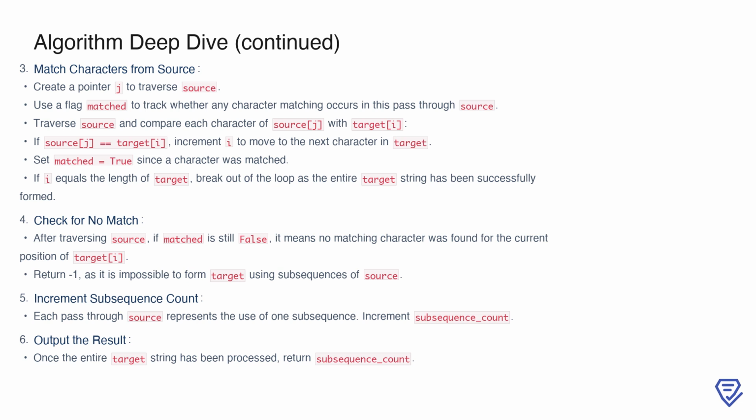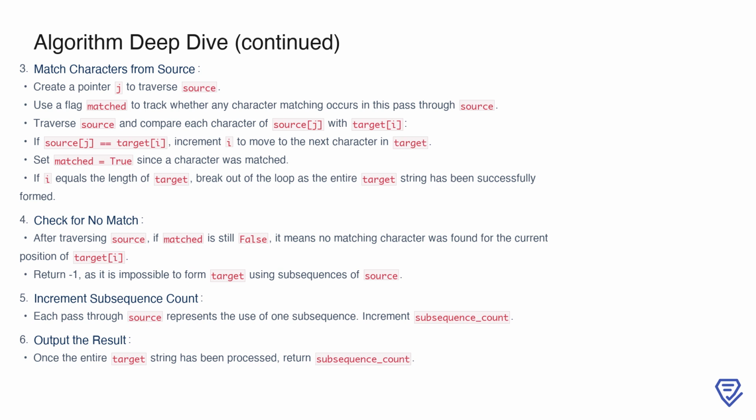Now, for each pass through source, we use a pointer j to traverse its characters and compare them with the current character in target pointed to by i. A flag called matched helps us track whether any character from source aligns with target during this pass. If we find a match, we increment the i pointer to move to the next character in target and set matched to true. If i reaches the end of target, it means we've successfully formed the entire string, and we